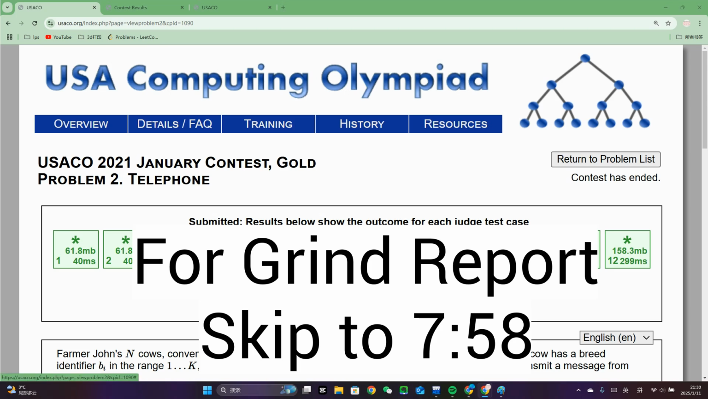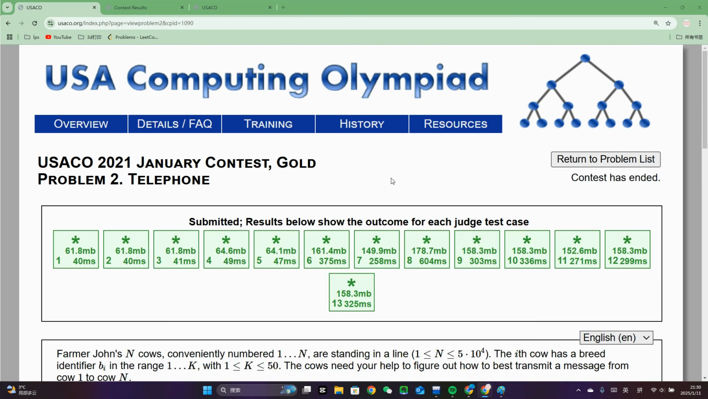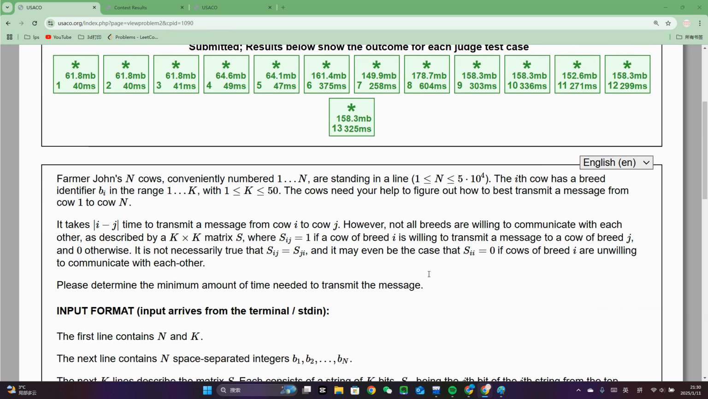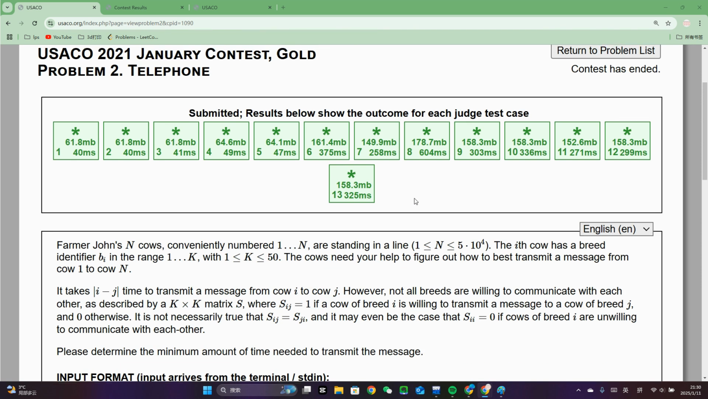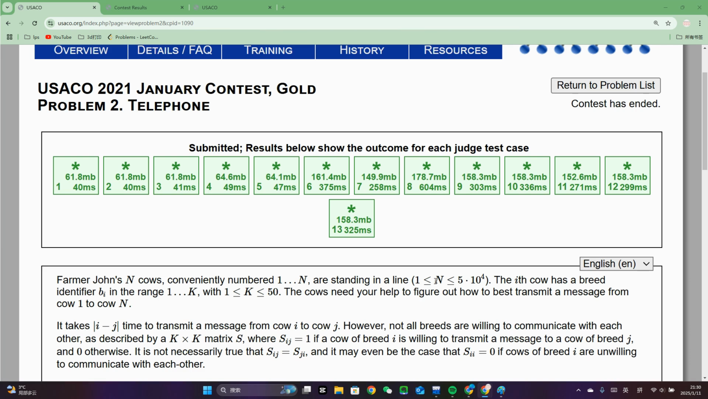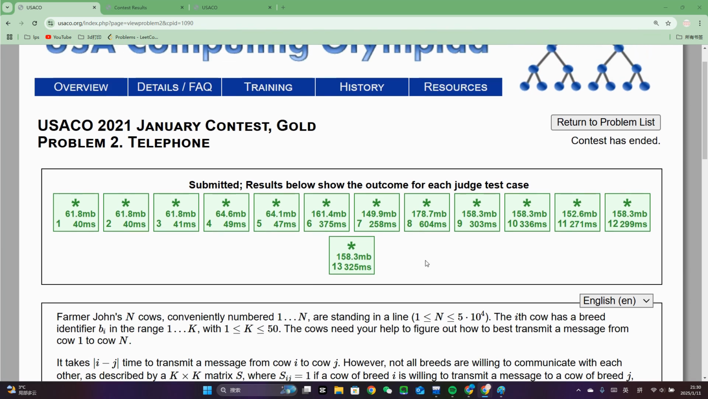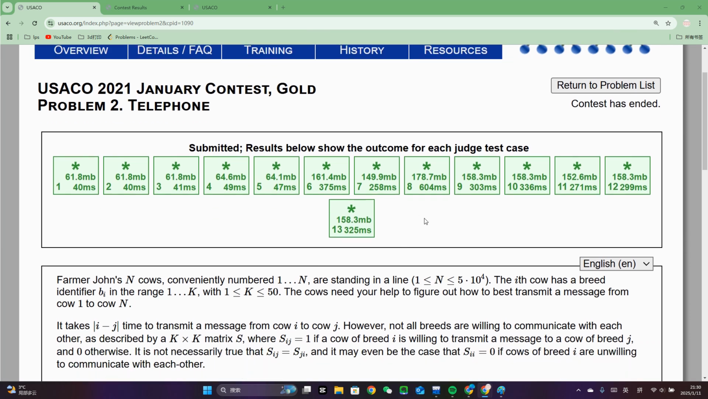Hello everyone. The problem that we're looking at today is the USACO 2021 January contest Gold problem 2, Telephone. I actually really like this problem because there are two ways to solve it. One uses Dijkstra's algorithm, and the second uses a layered graph shortest path algorithm. The method that I'm going to be explaining today in this video is the one using